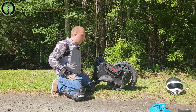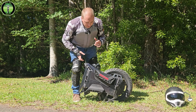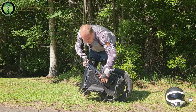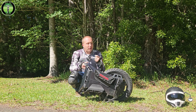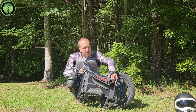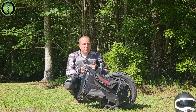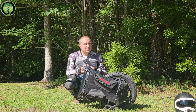One of the great things about the stock pads on the ET Max is their size. And honestly, they're super comfortable for what they are. They're nice and contoured to just hug your leg, and they're not super wide, and that wasn't something that I was really thrilled about. I also found that due to the shape right here, it just doesn't lock in your foot very well. And so a new set of pads that are aftermarket would definitely come in handy, but it's not something that